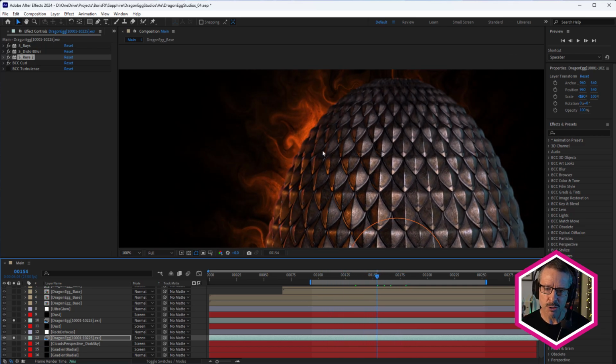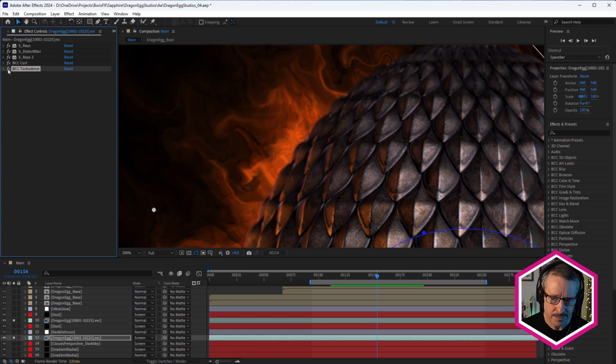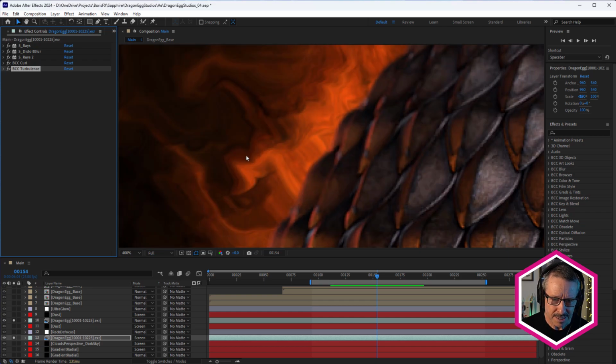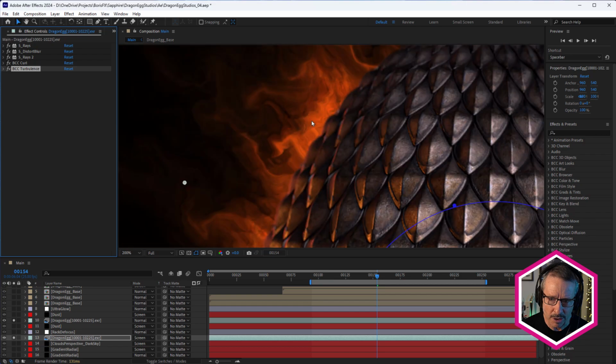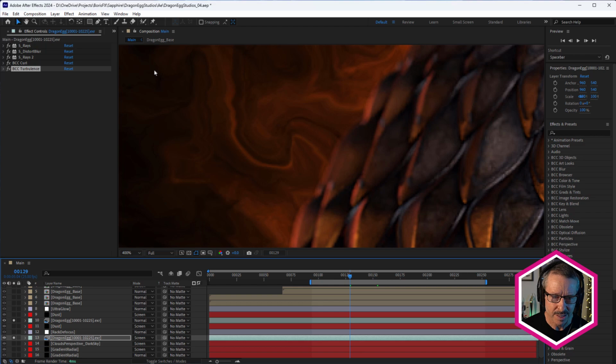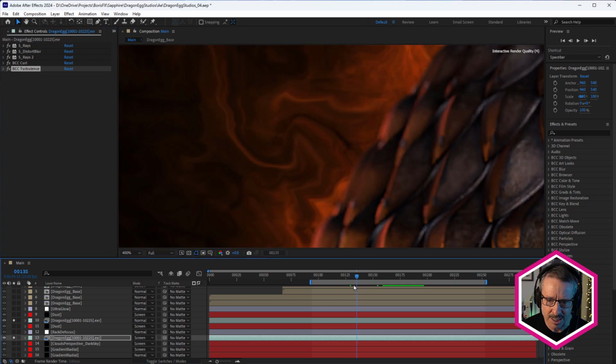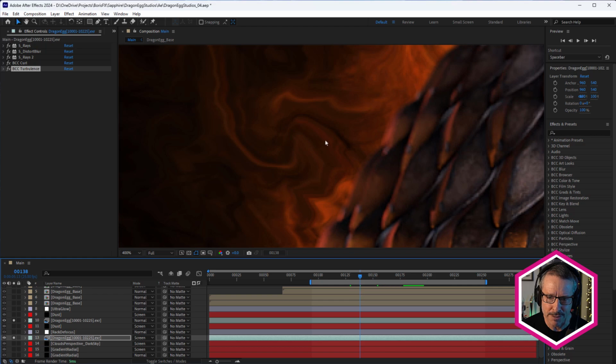Now, while I was reviewing this morning before recording, I was thinking, I wonder if there's something else in Continuum or Sapphire that I could use to add even more detail. And I didn't put this in the final render, but check this out. I've used BCC Turbulence. And if I turn that on, look at that. It just starts to bend that in a little more interesting way. Without it, it's more curled and smooth, but with a bit of BCC Turbulence, it breaks it up. Makes it look a little more jagged, a little more angry, a little more fiery.